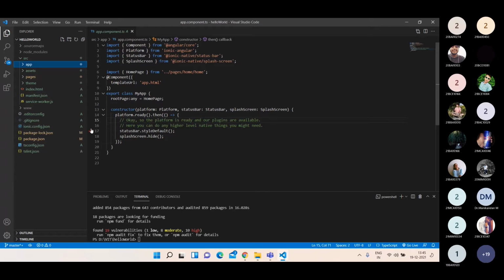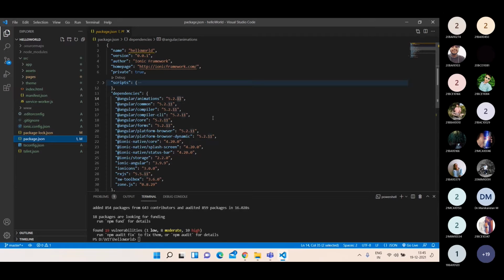When you run an Ionic project, let me tell you how your project will travel. First your project will check the npm packages through this package.json. If you want to install any packages, you need to give this npm install command. Once you give it, you can get all the libraries which are needed to run your project, and you can change your project name here. The project name, the project version, everything you can configure in your package.json.